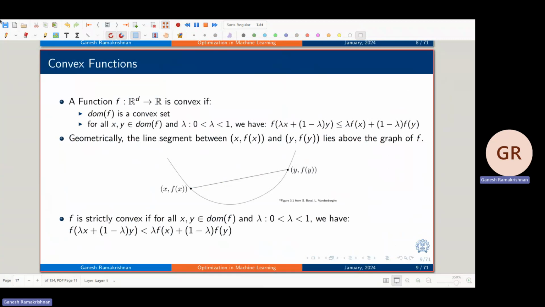Okay. That's what we showed there, right? A norm ball. So let's just write this down so that if domain f is convex and for all x, y in the domain of f,